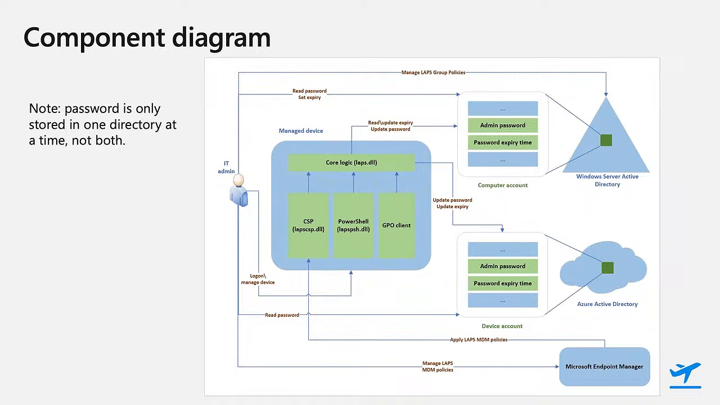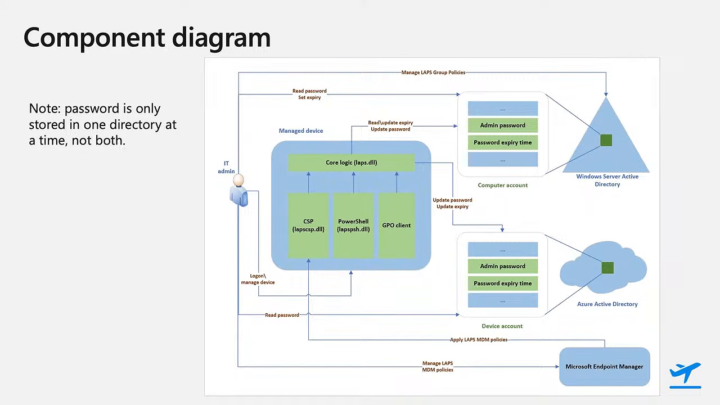On the left, we have a managed device. There's a few new binaries that have been added to Windows for this feature. There's a new CSP, configuration service provider. We have a new LAPS PowerShell module. There is a new GPO object for on-premise administration scenarios, and a core logic is contained in a binary called